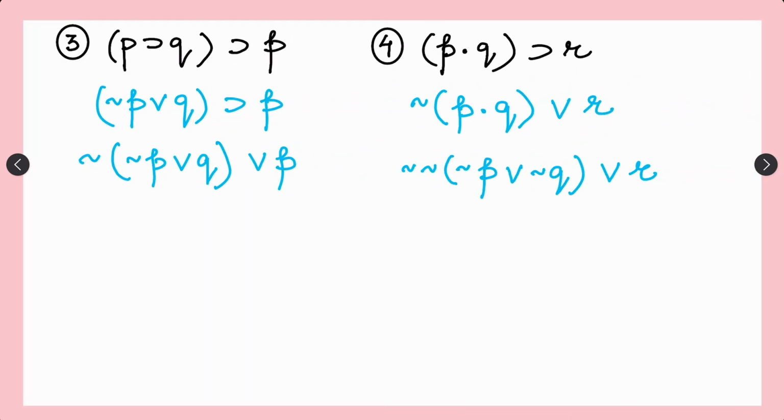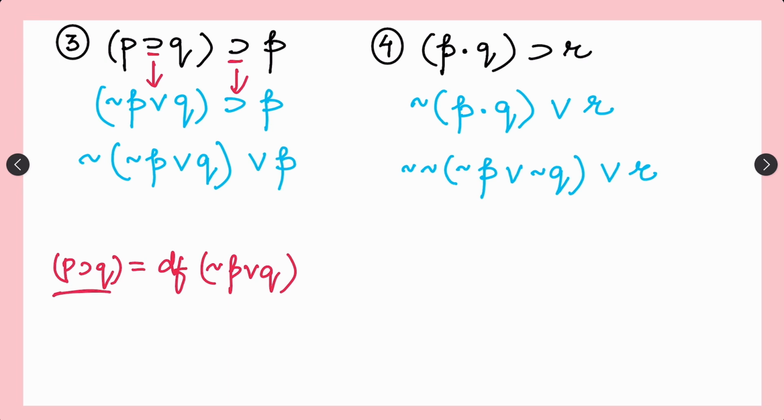Question number third में आपका horseshoe use हुआ है. Now जब horseshoe use होता है, so again if you want to change it into wedge, so the formula is p horseshoe q. So this is the formula, right? So you have to either take this one, you can solve यहाँ पे, or you can solve this part first. Now let's solve this part first. Horseshoe as it is रहेगा. So you're solving this. This is direct formula, p horseshoe q negation p wedge q, आपने as it is लिख